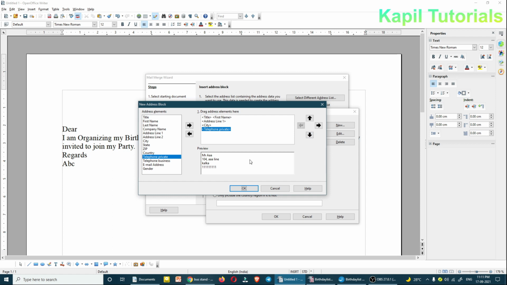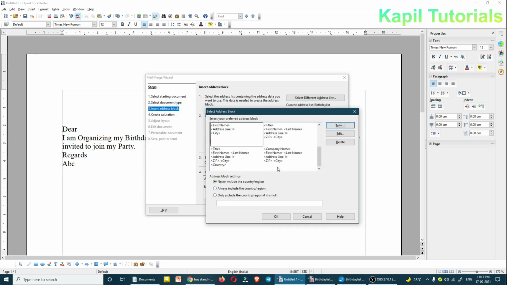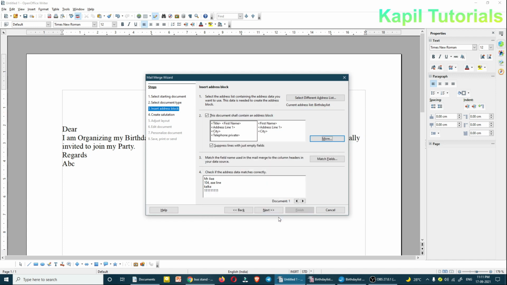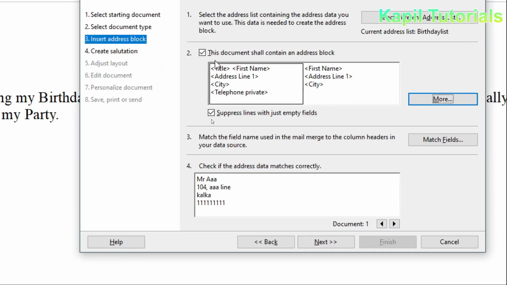I hope this step is clear, that we have to match the address elements. So I'll click OK here, and then click OK, and you could see now it is matching. In preview it will show that it is matching.